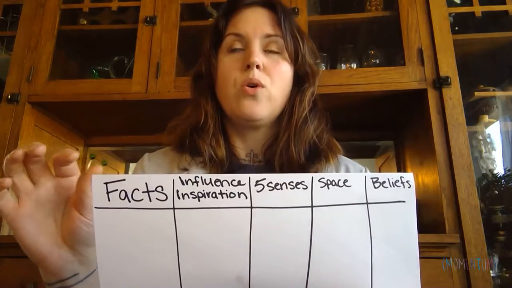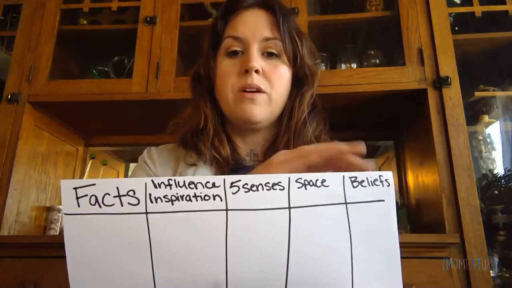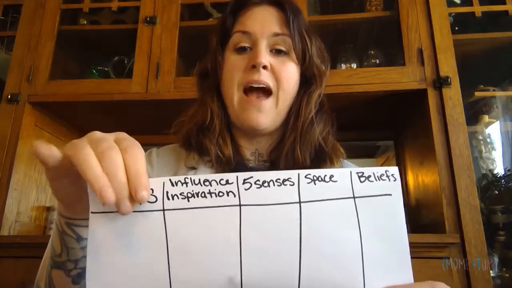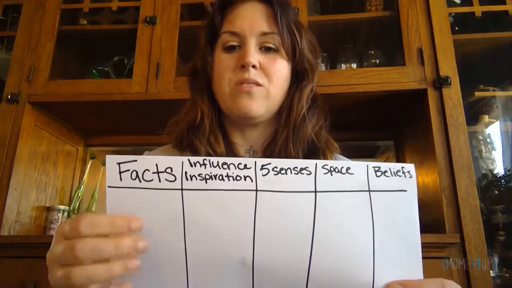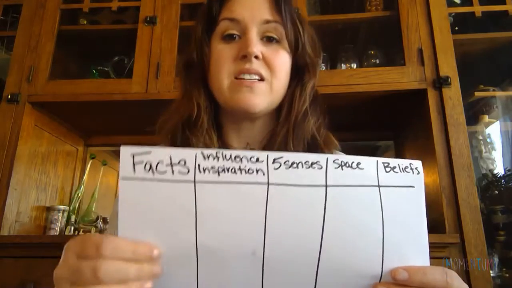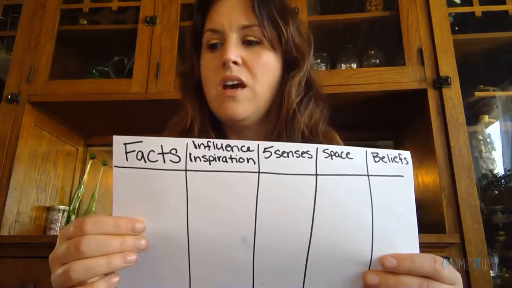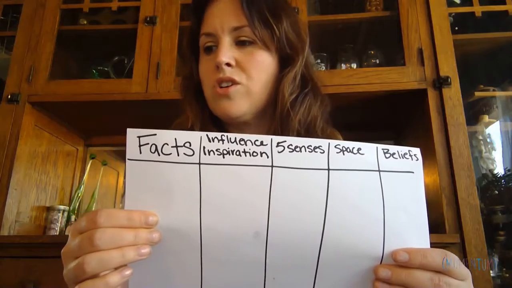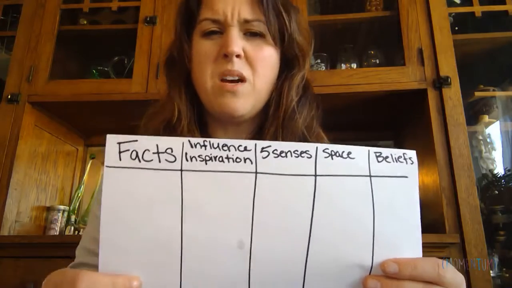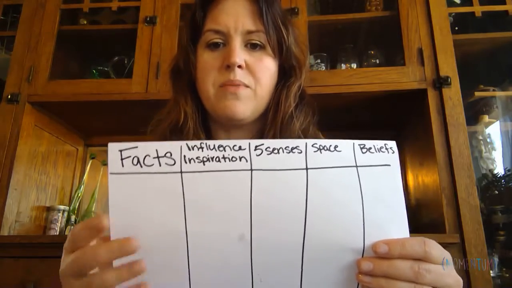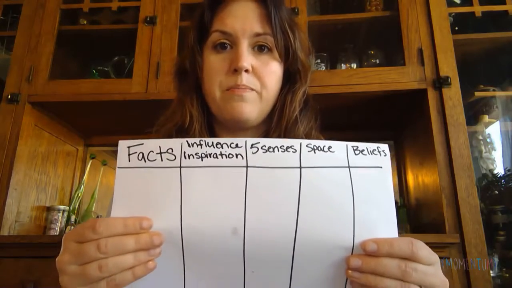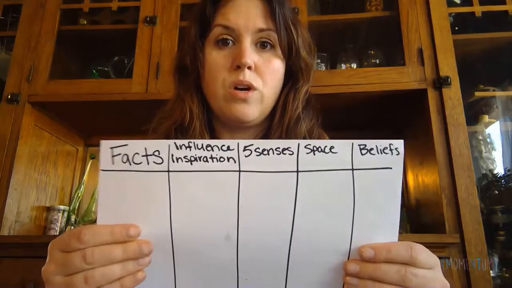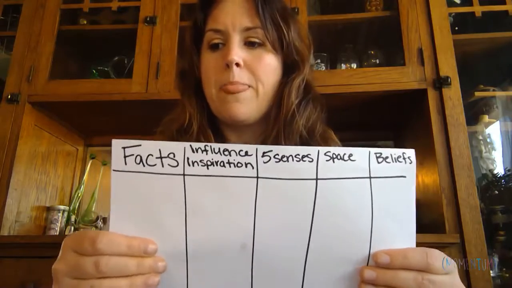And so we'll want to label our columns. First is facts. So what does it look like? What are the sizes that you work in? What are the colors, shapes, textures? What medium are you working with? Things like that. Just really factual things referring to your body of work or to your work.